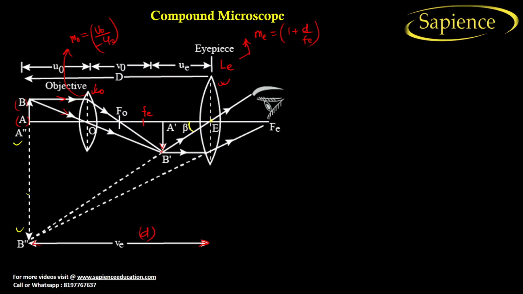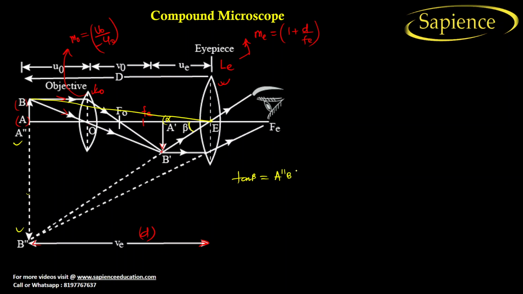Alpha with this optical center. See here, when we talk about this object, how much angle is formed by this object? This is an angle alpha, so we can find this as an angle alpha. Okay, so tan beta can be considered as